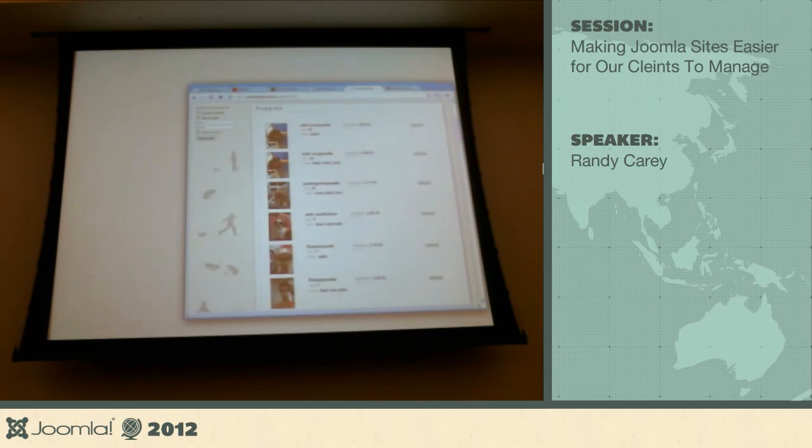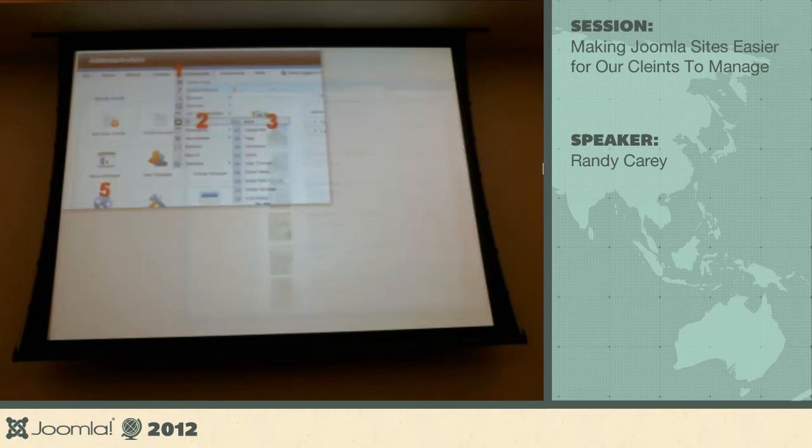So think of this as going back to the pet store I mentioned earlier. Let's just say we're going to do this with a CCK because it's easier for us. We can create all these fields, and hey, it's easy for us to do, so we're doing it. Well, let's look at what the user has to do to go through it. First, they have to know they have to go to the components. Why components? I don't know. It's not